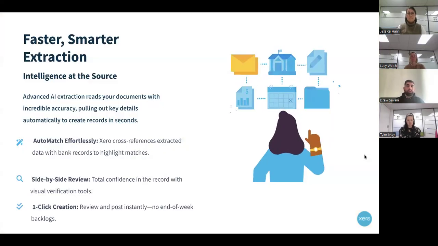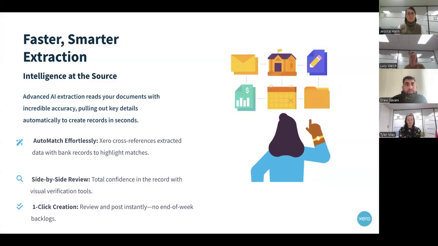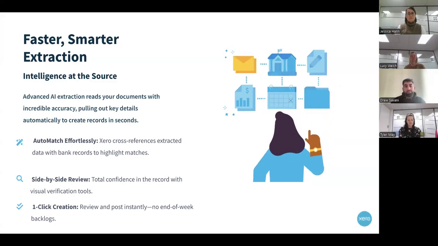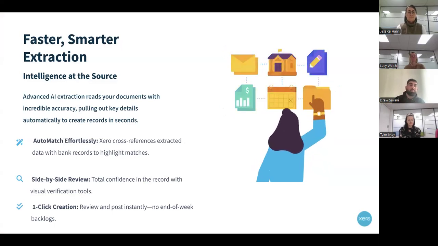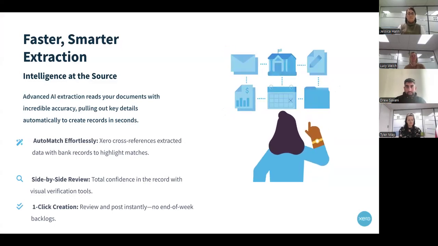Once that document has been extracted and approved in Xero, the advanced AI is pulling out all those details and creating that record. Once that record has been created, there is one more step that needs to be done, and that is matching it to your bank account, what we call reconciling.